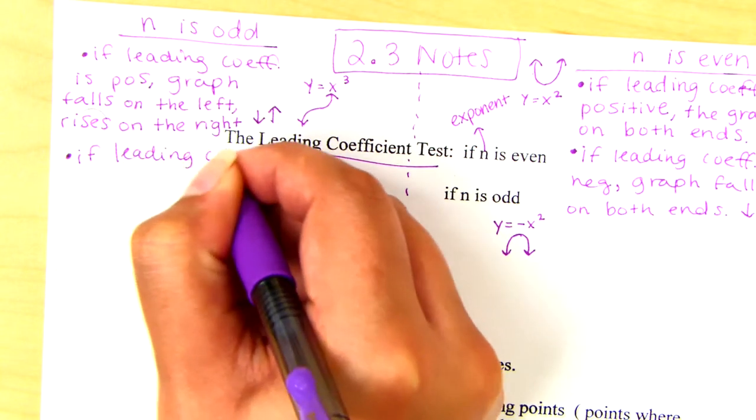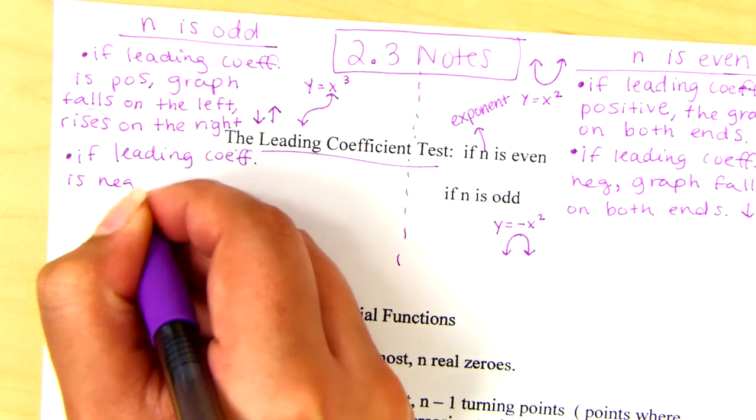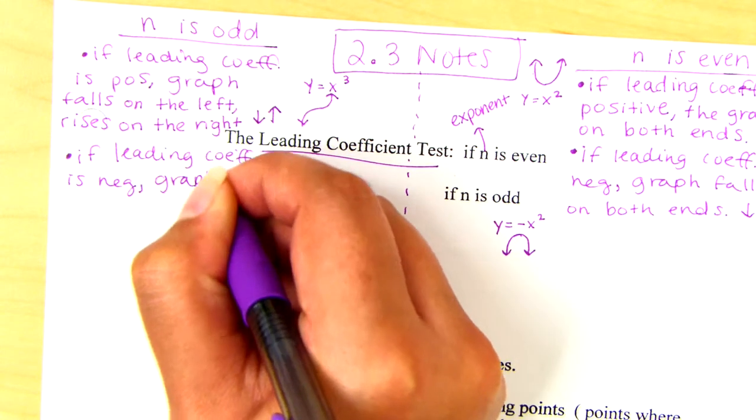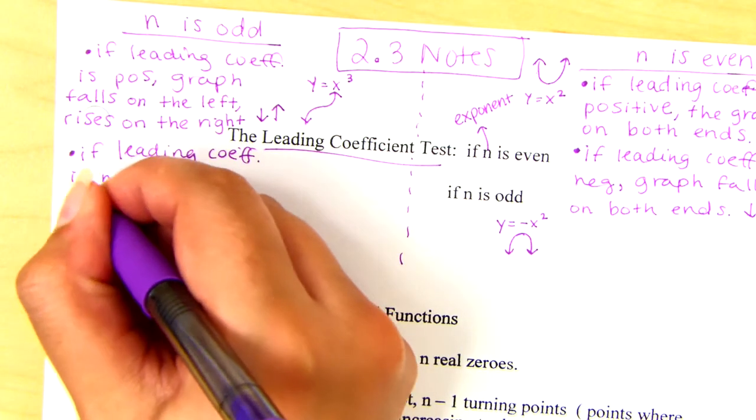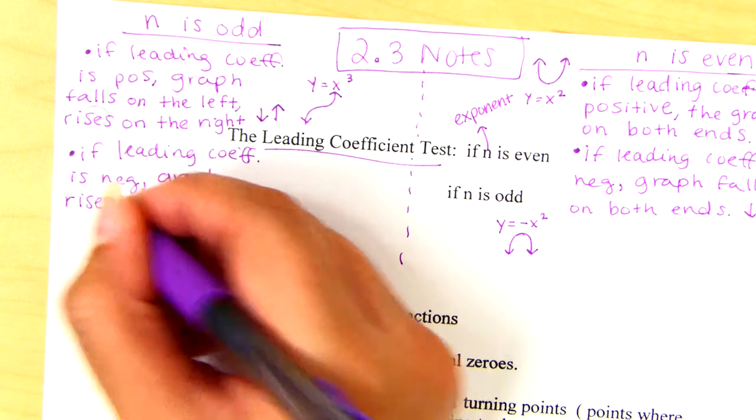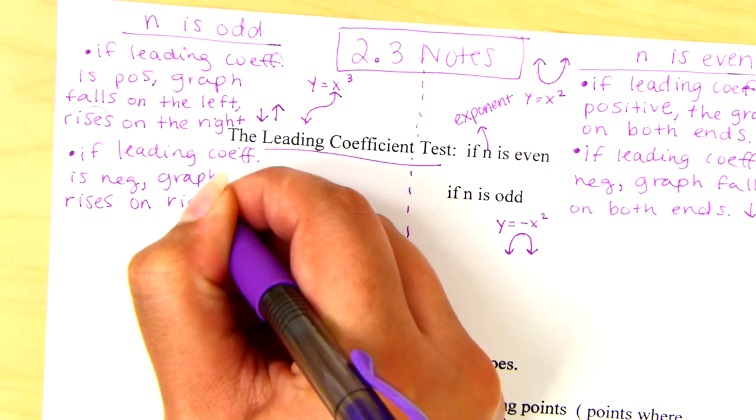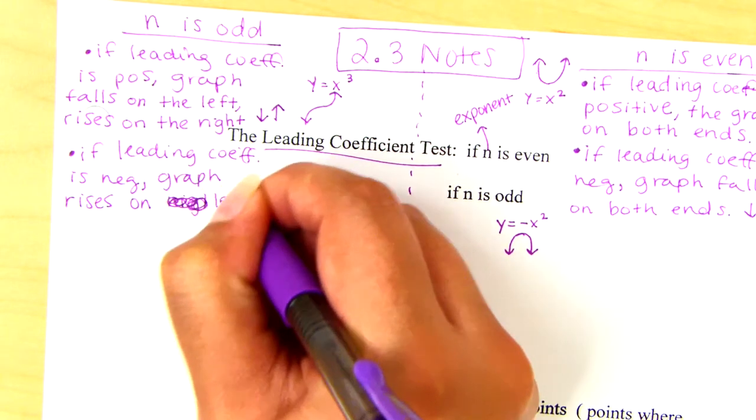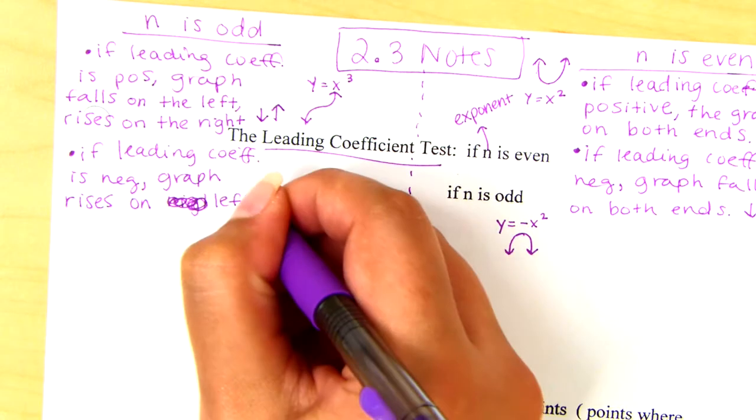If the leading coefficient is negative, the graph reverses. So I'm going to reverse it. The graph will rise. So the graph rises on the left. Oh, and I have to make it ugly. Okay, the graph rises on left,